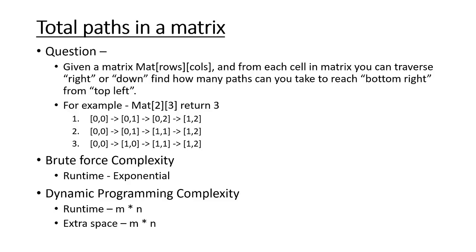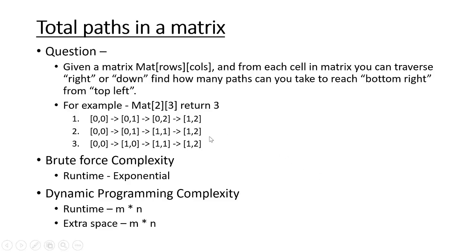So again, the top left is 0 0, the bottom right would be the last cell within the matrix, and we have some directional constraints of right and down. Suppose we are given an example over here, a matrix of 2 rows and 3 columns. We need to devise a function that returns 3. And what does this 3 signify? This 3 signifies that the total number of paths to travel from top left to bottom right is 3.